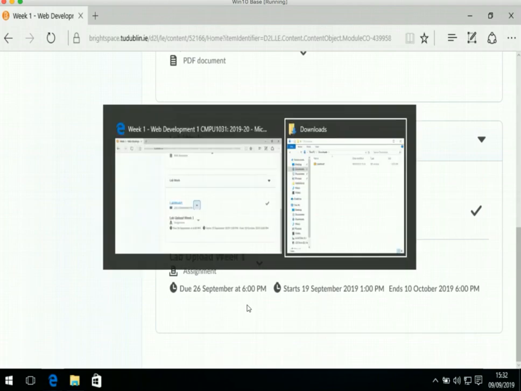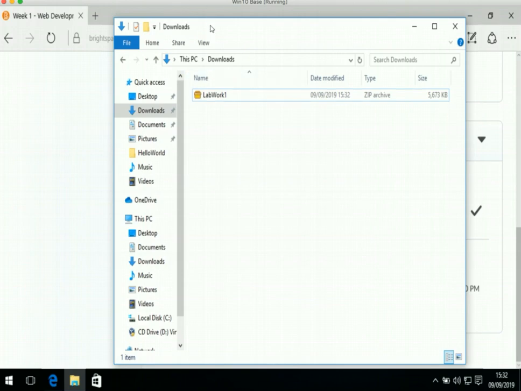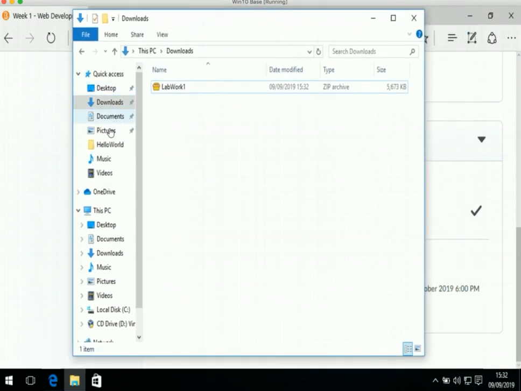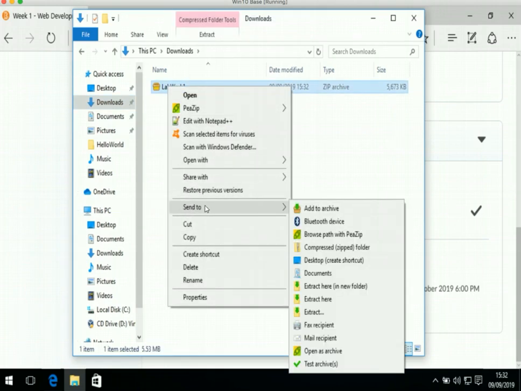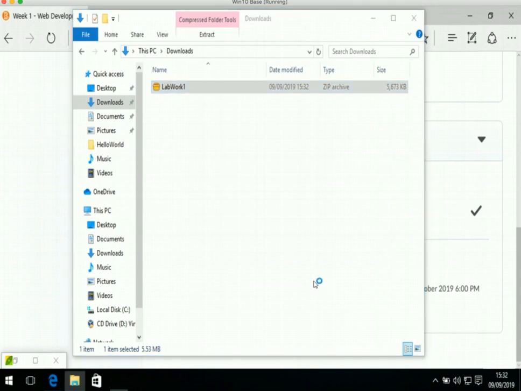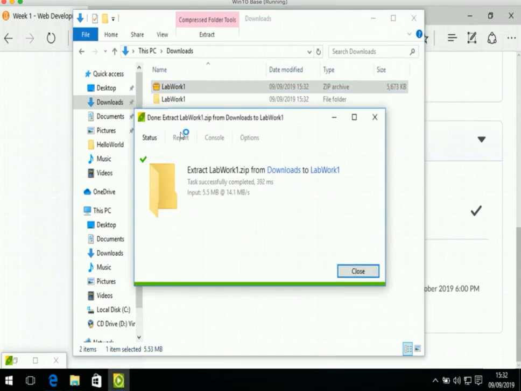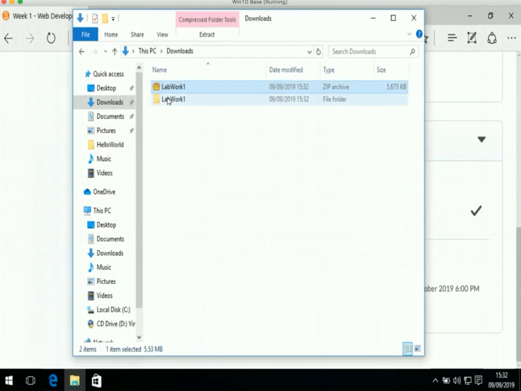Okay, so in File Explorer, this computer, in my downloads now, if I click downloads, you can see there's lab work week 1. To be able to use this, I can right click, send to, and I'm going to say extract here in new folder. So I need to extract the content to be able to access it. It's a compressed folder, so we need to extract the content to be able to access it. So there it is there,